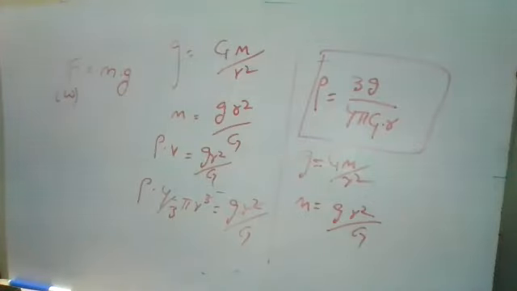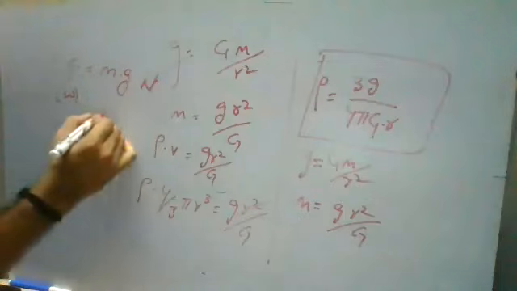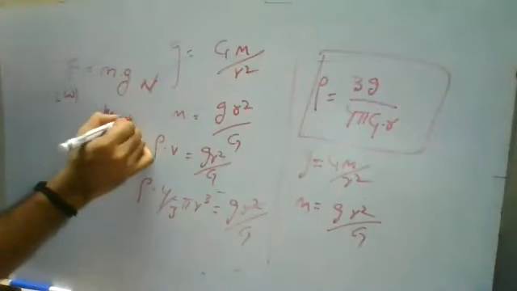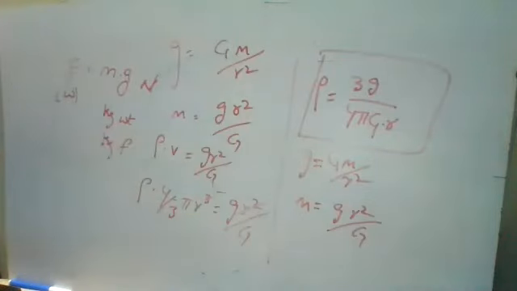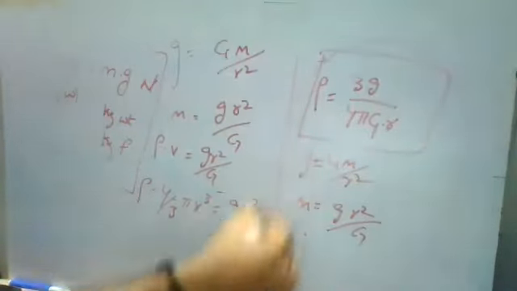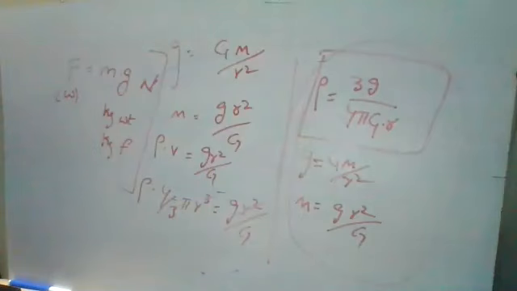They have given the weight of the object, not the mass. So they will give the unit as Newton, or kg weight, or kgf. All are your weight only. Weight of an object, the units they will give in problems like this. Remember these three formulas. Earlier we saw the universal gravitational constant force equation, so related to that we'll do a problem. After that we'll see one more relation.